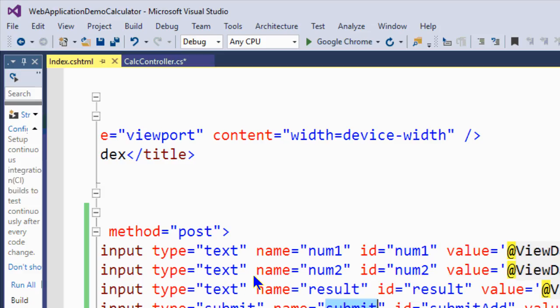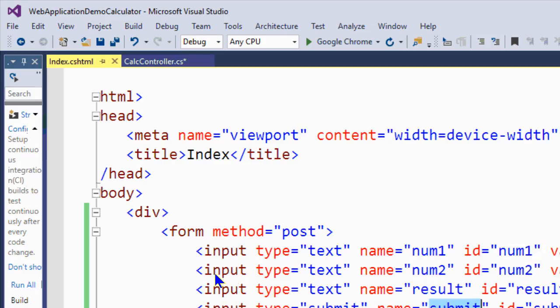I hope this one gives you an idea what's going on, because the next step will be a little bit more complex. So the next step we will try to do is actually make a model. We can do that for the calculator and see what's the change, and then we will use Razor a little bit more to help us generate this one. So this will be the next step. I don't think we need to run it, so I'll just